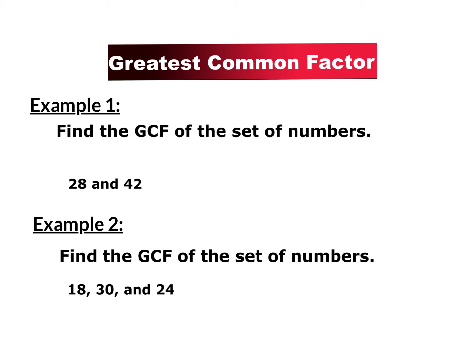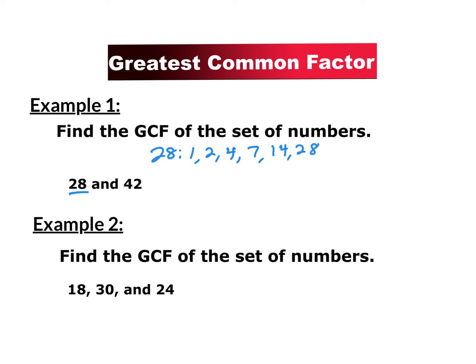Let's take a look at a couple examples together, and then I'm going to have you try a couple before we swing over to some polynomials with variables in the mix. Again, it doesn't matter what technique you use. We could list all the factors of 28. 1 is a factor, 2 is a factor. It's not divisible by 3, it's divisible by 4. Not divisible by 5, not divisible by 6. It is divisible by 7. Basically from 8 through 13 it's not divisible, but then the next one up would be 14,